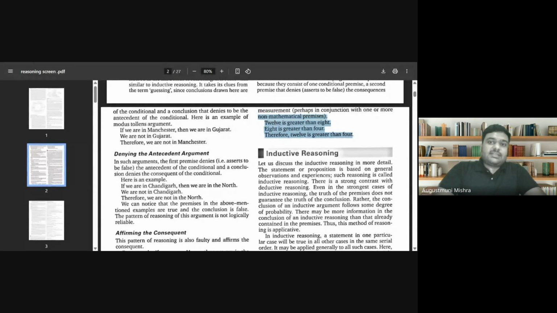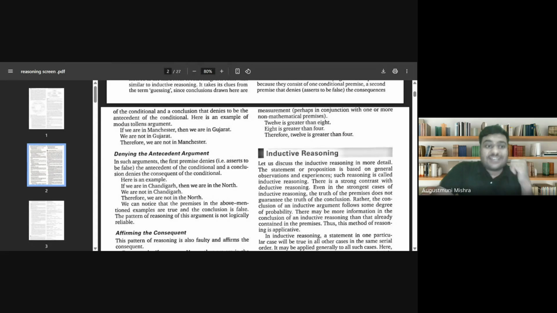12 is greater than 8. 8 is greater than 4. Therefore, 12 is greater than 4. So if you note down these mathematical terms in your notebook, you can easily understand that 12 is greater than 8. And in comparison to that, if you write 8 is greater than 4, definitely